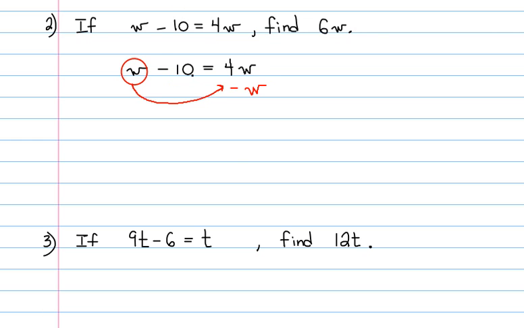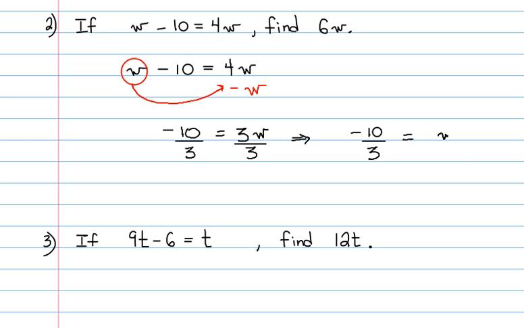On the left side we're only left with a negative 10, and on the right side we're left with 4w, take away a w, that's going to leave us with 3w. Now we can divide both sides by 3, so I'm going to divide this side by 3 and this side by 3, and we're left with negative 10 over 3